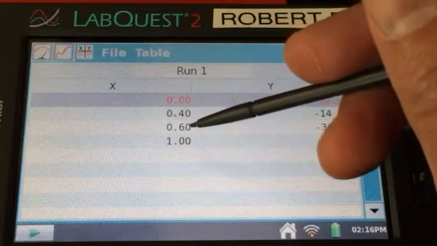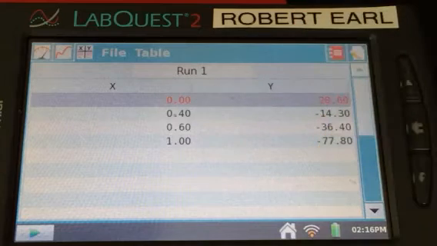Remember, these were unknown, but I did give you the 4. I just pretended or said that I forgot to label them, so you could figure them out. But our 4 concentrations were 0 molar, 0.4 molar, 0.6, and 1 molar solutions of sucrose. And then this is just some experimental data that I have. In the Y column, you will enter the percent change in mass.